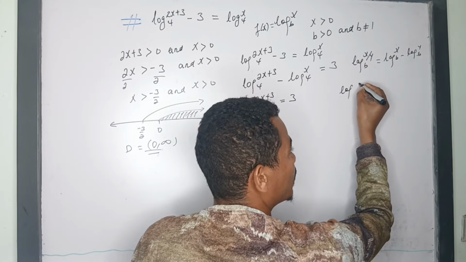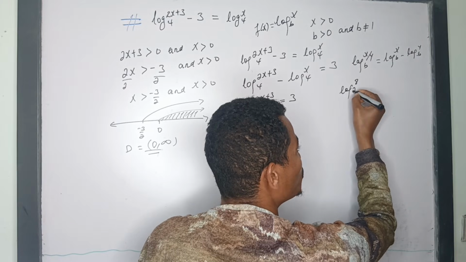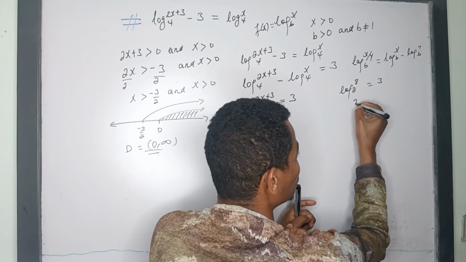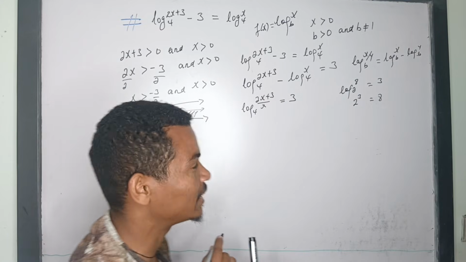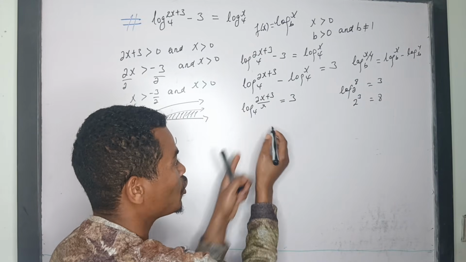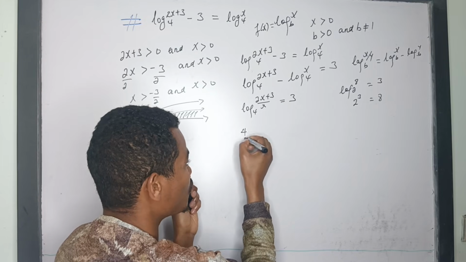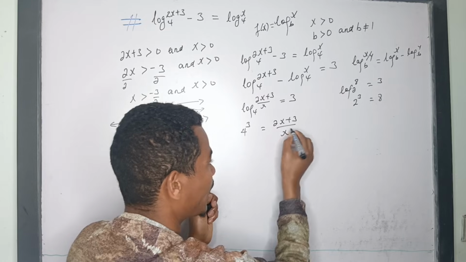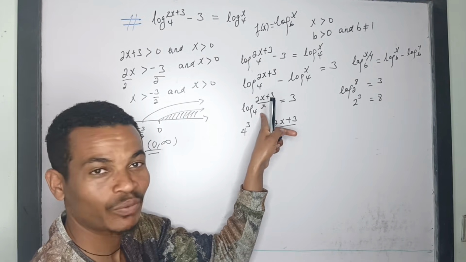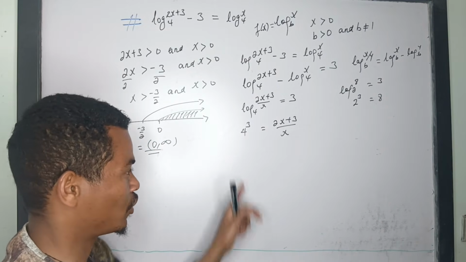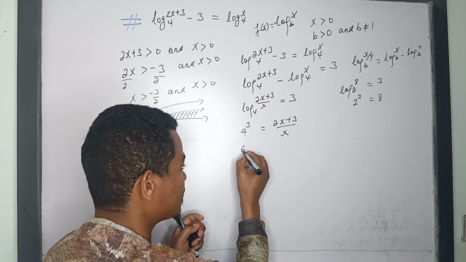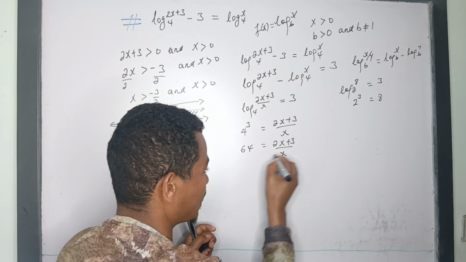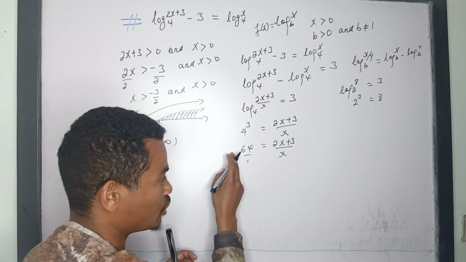again the next step is just converting the logarithmic equation into an exponential እንቀይራለን that means log let's say 8 to the base 2 ብንባል this is 3 ነው የሚሆነው አይደል that means ወደ ኤክስፖነንት እንቀይር ምንድነው የምናደርገው 2 to the power of 3 is equal to 8 እናደርጋለን again by the same technique that is 4 to the power of 3 is equal to (2x plus 3) over x ይሆናል that means logarithm function ወደ ኤክስፖኔንሻል እንቀይራለን 4 to the power of 3 is the same with 64 is equal to (2x plus 3) over x ይሆናል just both side cross እናድርገው 64 times x is